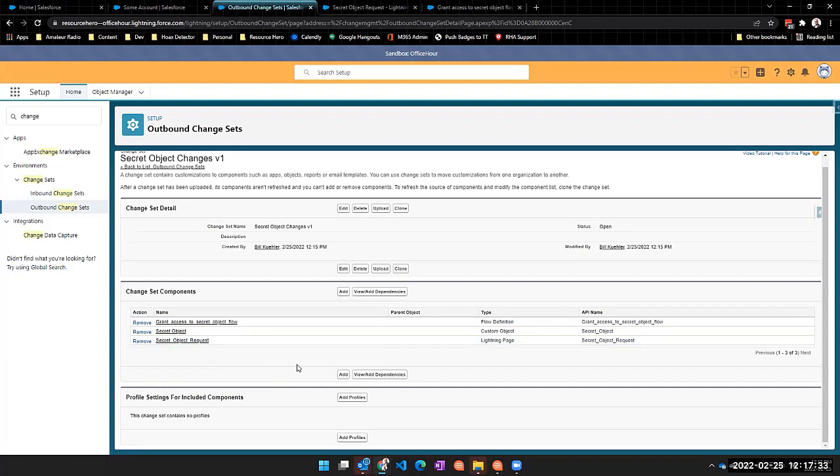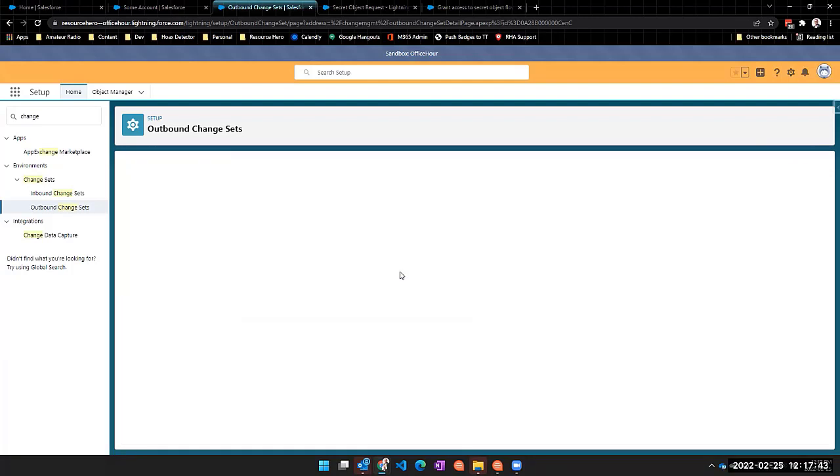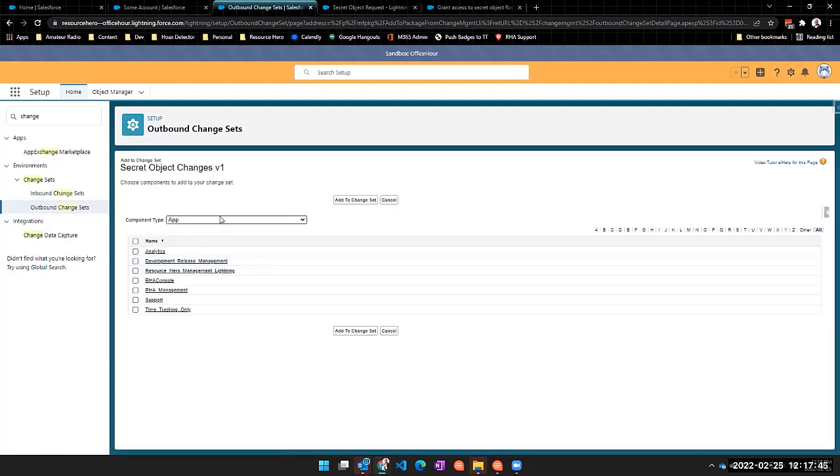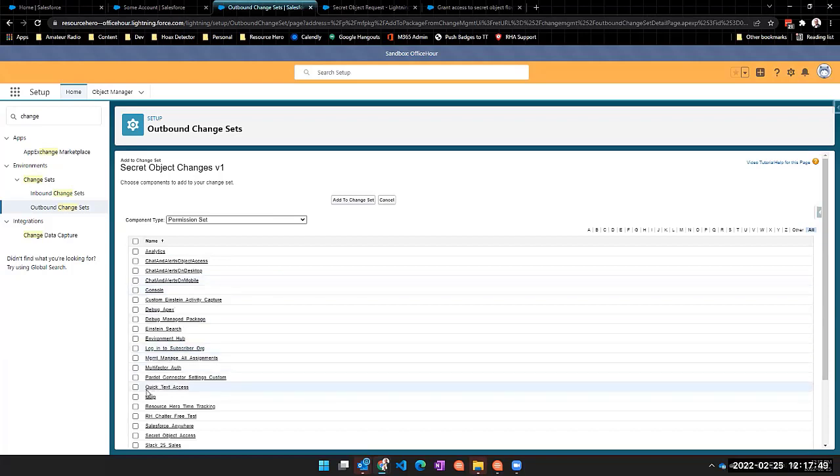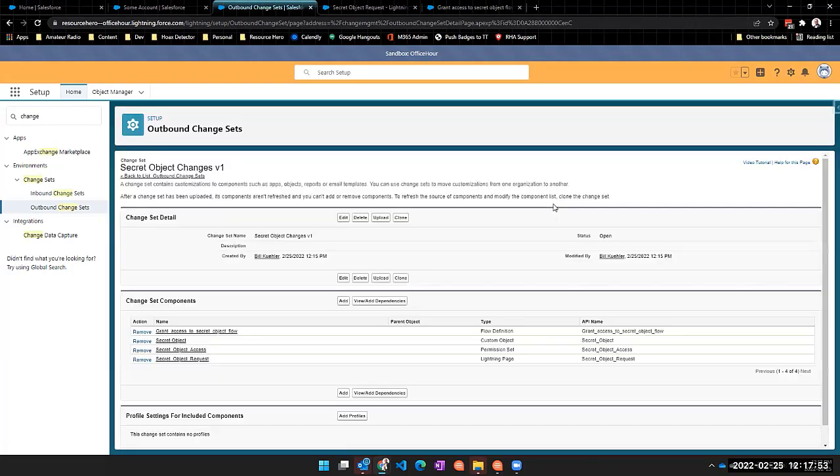Now, one other thing that I should mention here too is if you just added this to a change set and tried to deploy this to production, it'll deploy all the changes, but for your object, nobody's going to have access to it. And now that I remember that, let's add that permission set real quick. But if you were to, here, let's go to permission sets. Secret object access. Good. Okay, so if you were to deploy these changes to production, none of your profiles would have access